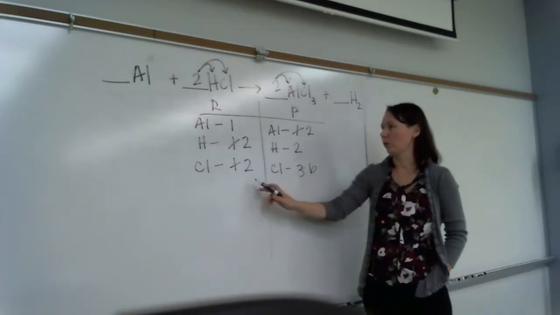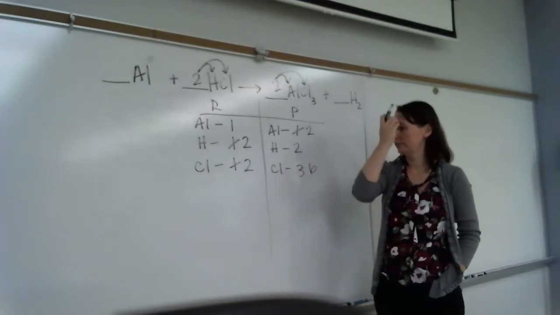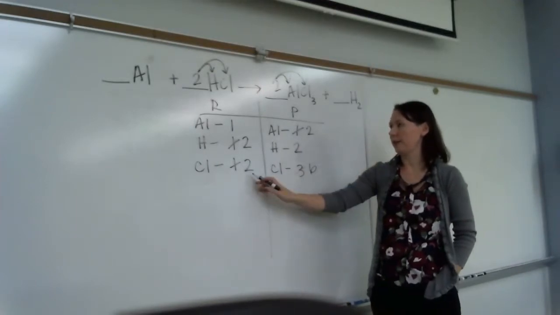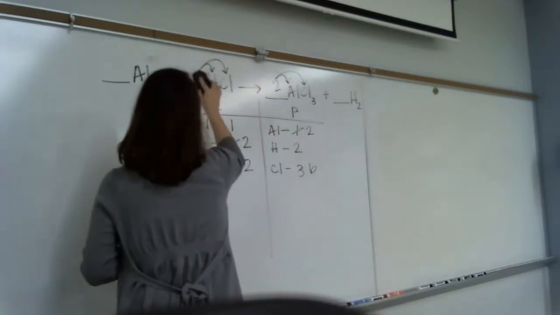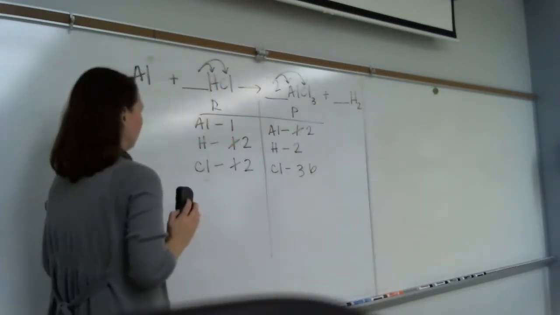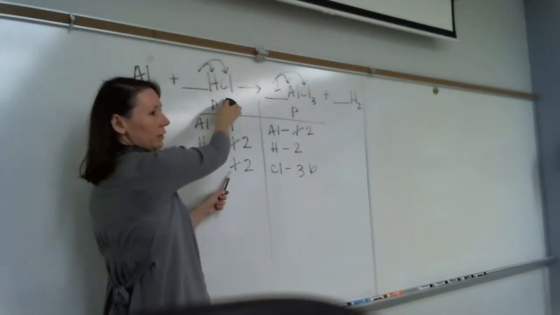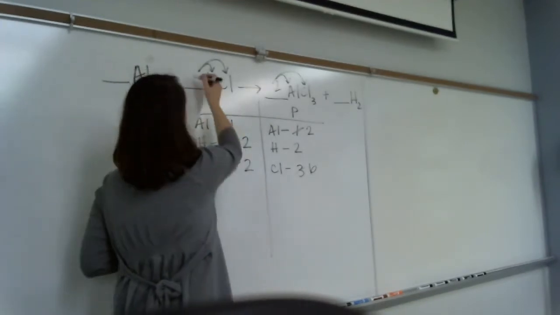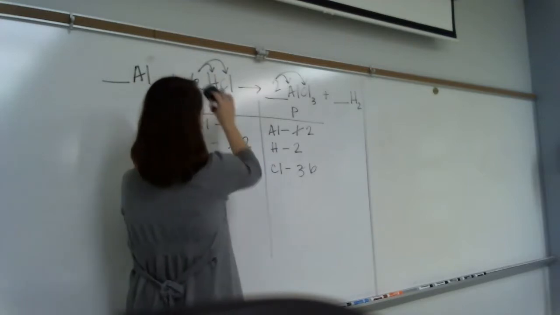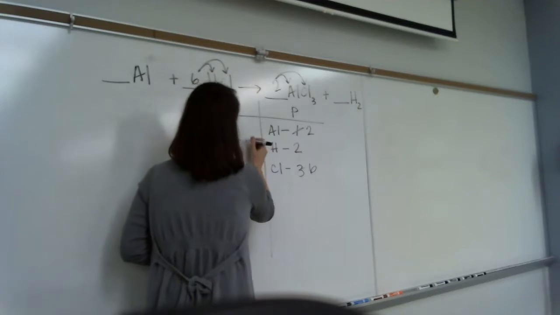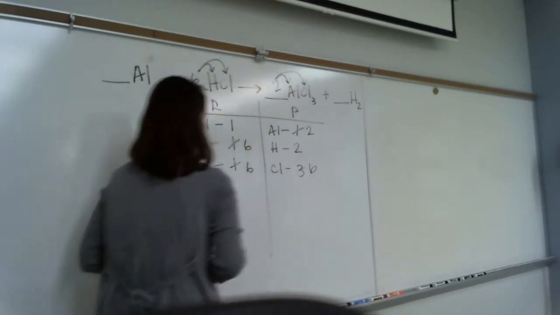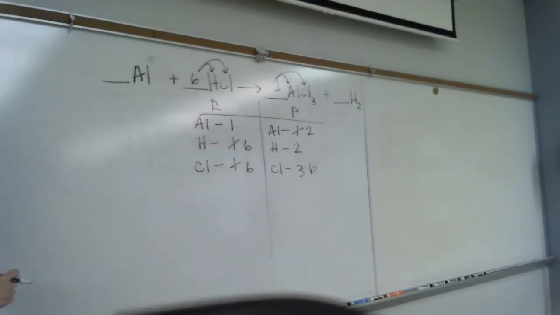Let's fix our chlorine. So instead of being a 2 right here, what needs to be right there? Because this is a 1 currently, right? So just put a 6 right there, right? And instead of being a 2 there, just turn it into a 6. 6, 6. Okay, so chlorine's fixed, but we've messed up aluminum, we've messed up hydrogen, but these are both easy